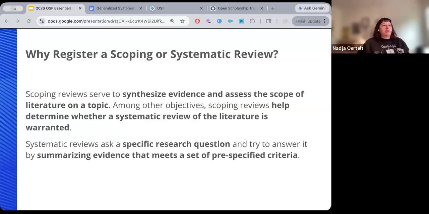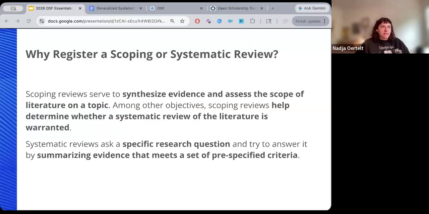So big picture, and many of you might be very familiar with this already, some of you might not be, so forgive me for giving some general overview at the top. I want to spend a couple minutes on this because it's relevant to the mechanics, and it is the why that explains some of the what of our generalized systematic review template.